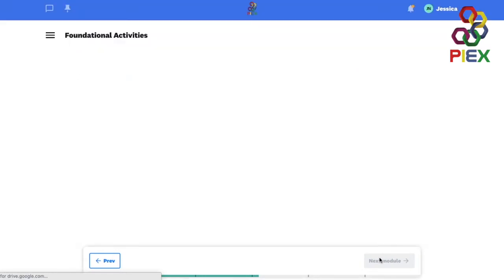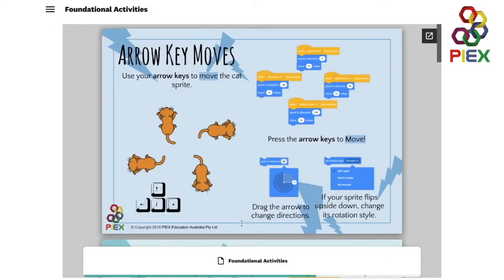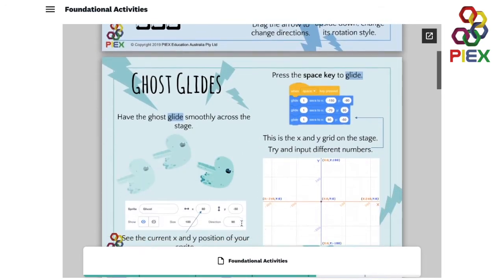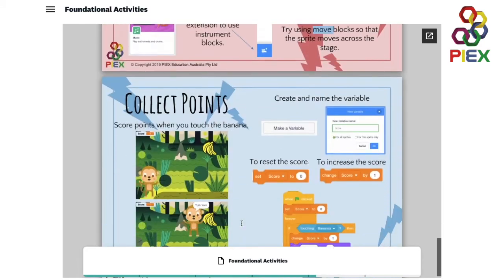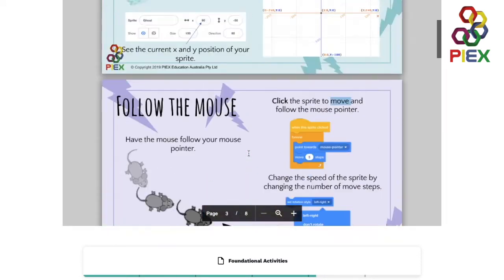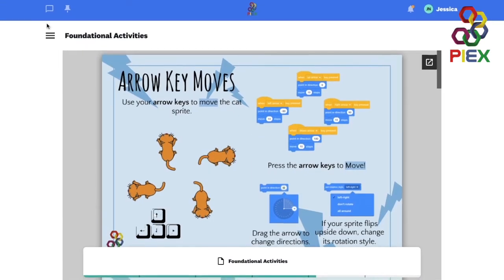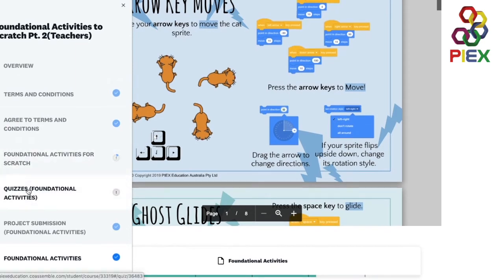and then you can head to the next module where you will have access to our foundational activities, or whatever course you have, you will have access to that content or activities that we have provided. If you are a teacher, you will have access to this content. If you are a student, you will not have access to this content. You will only have access to the foundational activities for Scratch, quizzes, and tutorial videos, as well as the project